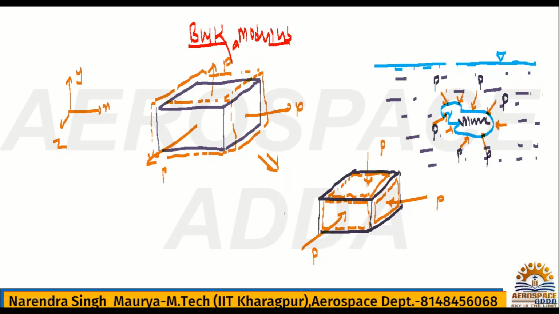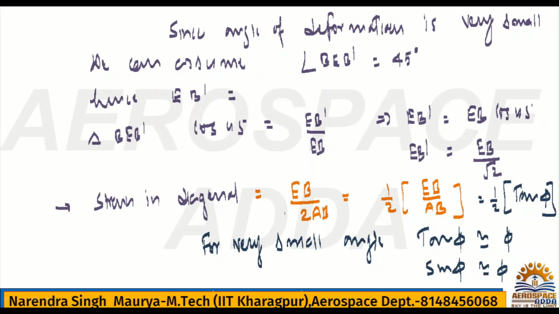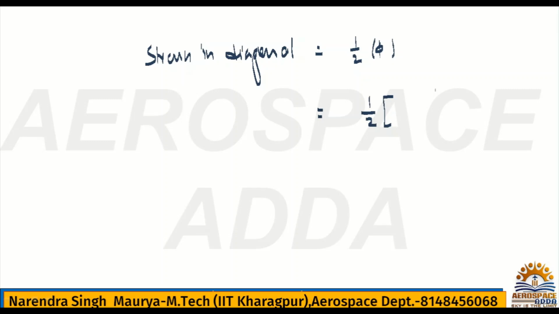Later on phi you can consider it as gamma also, that will be simple, because here we are having angular deformation, so it is necessary to take some angle. For that reason I took phi. So this phi is nothing but tau by G. Ultimately strain in diagonal you got, it is nothing but 1 by 2 tau by G. Okay, now we know that in case of the square, pure shear tau